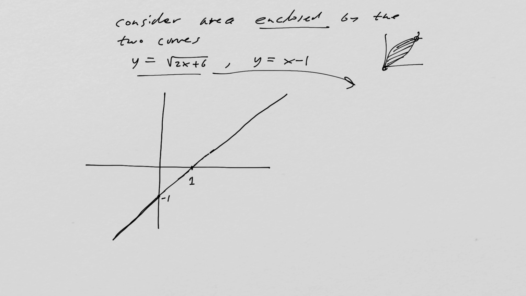Let's see if we can actually take y and square it, and that gives me 2x plus 6. And see if we can then say that this is actually going to be y squared minus 6 over 2, and that's going to be equal to x, or 1/2 y squared minus 3 is equal to x. So if I were to draw that